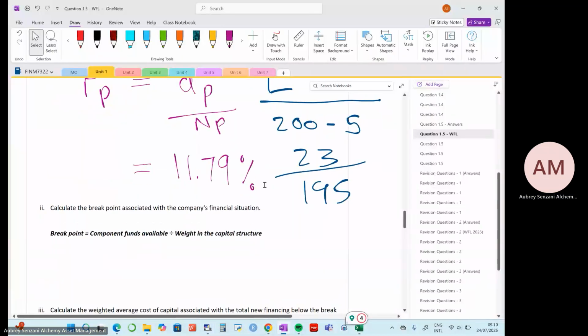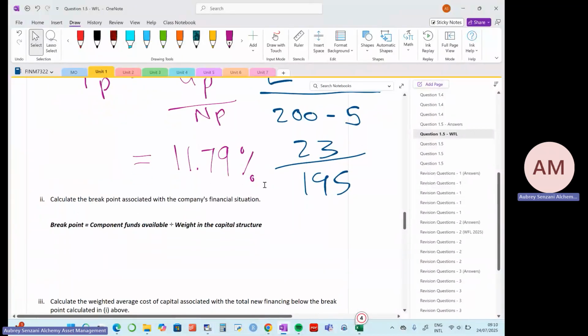Okay. So we only finished the first part, where we calculated the cost of capital, or in other words, the interest rate for each of the sources of capital, or the components of our capital structure. So now the next part, they're asking us to calculate the break point associated with the company's